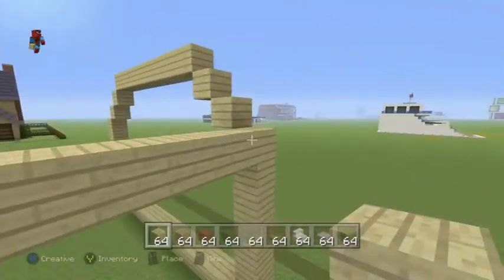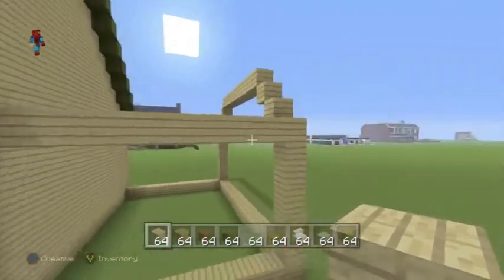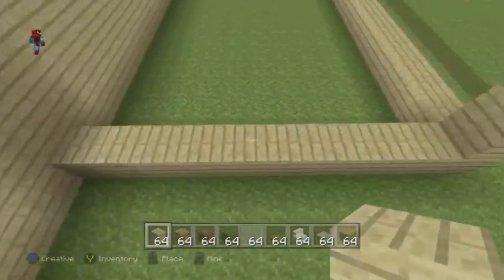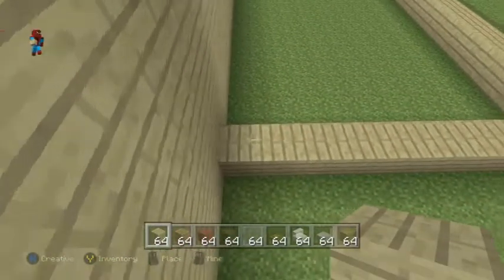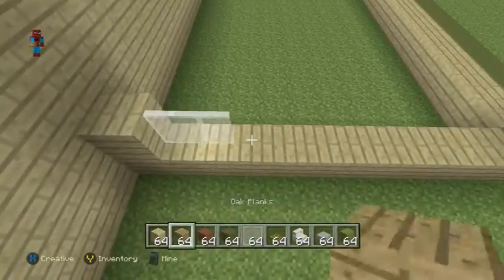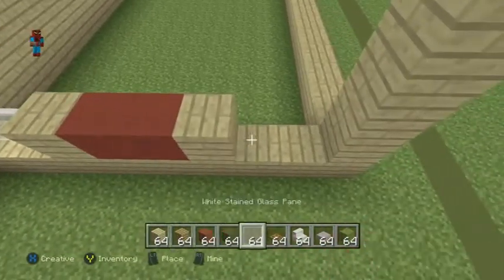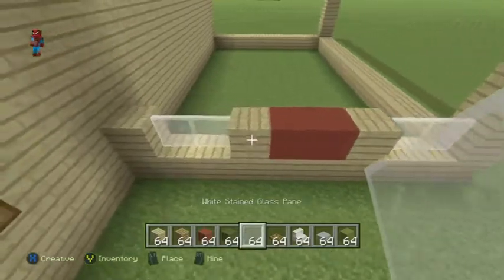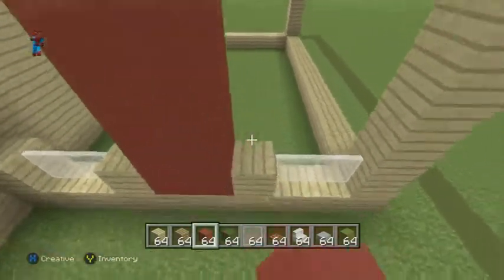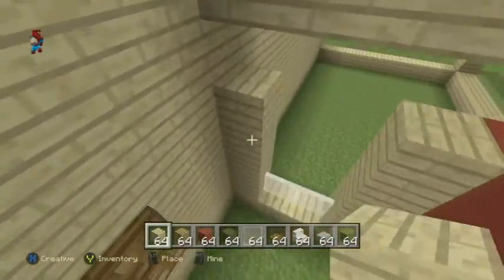Like, the blocks that you connected down to the ground, you can also connect those to the actual wall of the house like this. If we start here on the left-hand side, on top of this bottom row of birchwood planks, at the top of this little building here, we want to place a birchwood, then 2 glass going right, birchwood, 2 red hardened clay, birchwood, 2 glass. Raise up every single one of those blocks by 3. So we want to do 1, 2, 3, 1, 2, 3, 1, 2, 3, 1, 2, 3,